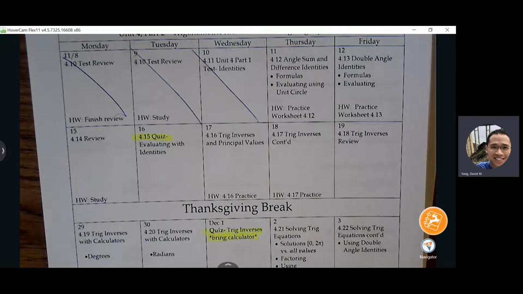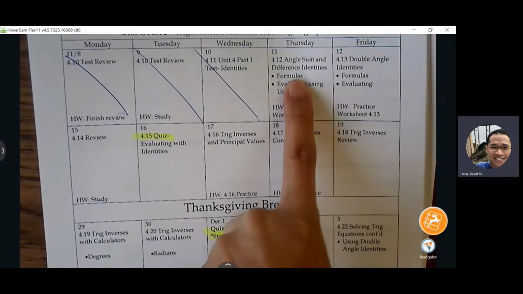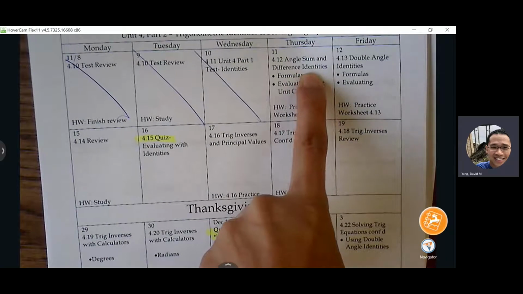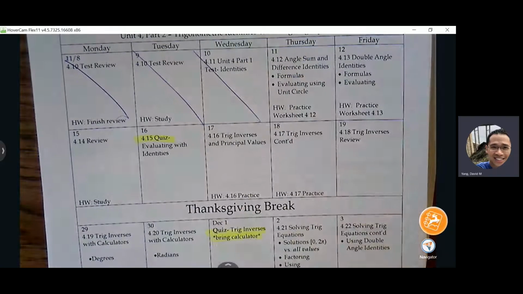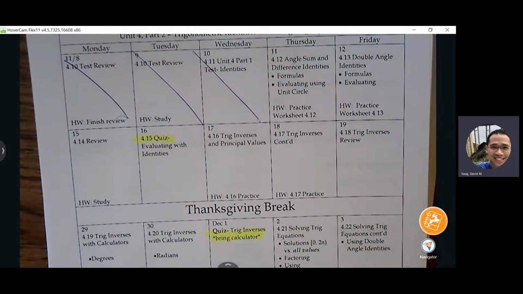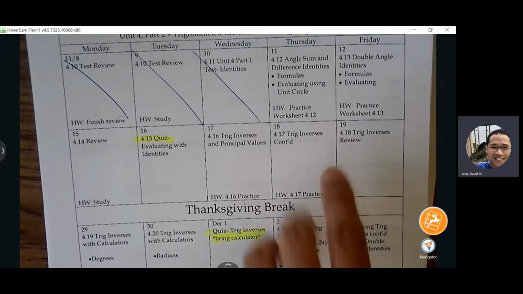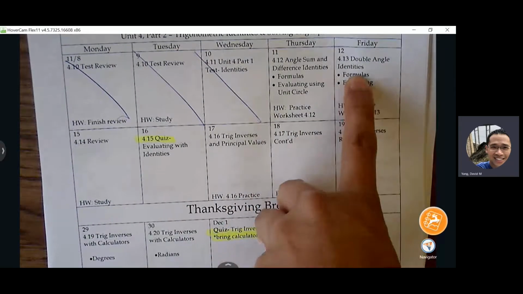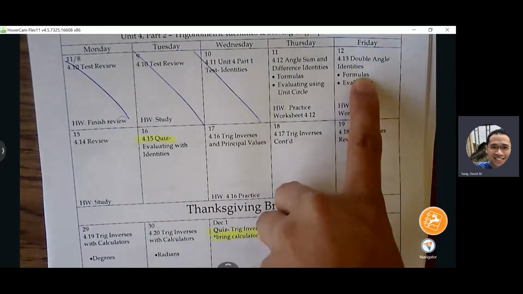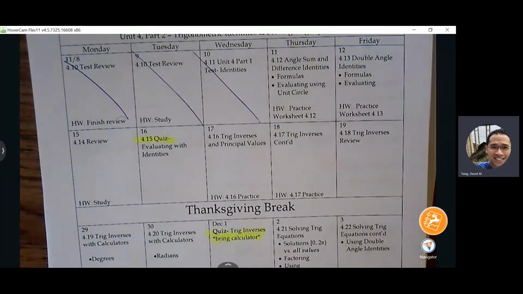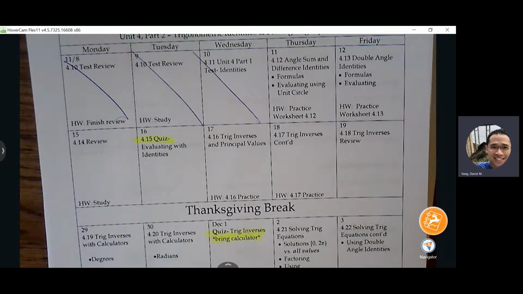You can take a look at the calendar with me. Today we're going to talk about angle sum and difference identities. We've seen it already. It's just our second time through. It didn't show up on the test, but you've seen it already. So I think the second time through, it should feel more familiar. Double angle identities. You already know how to do this. It's just presented where problems are going to look a little different, but